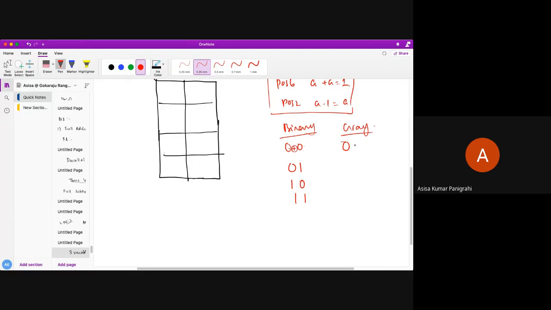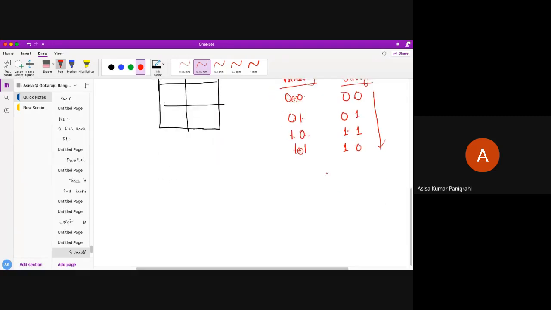What is that? 0 0. What will be? 0. So next, keep MSB as it is, then perform the XOR operation between these two, which is 0 1. Keep MSB as it is, then perform the XOR operation between these two. So it is 1. So keep MSB as it is, then perform the XOR operation between these two, which is 1 0. So what is the gray coding, students? See here, 0 0 0 1 1 1 1 0.